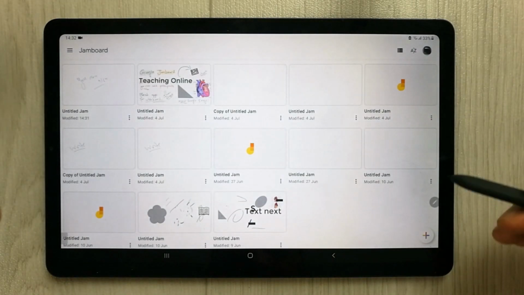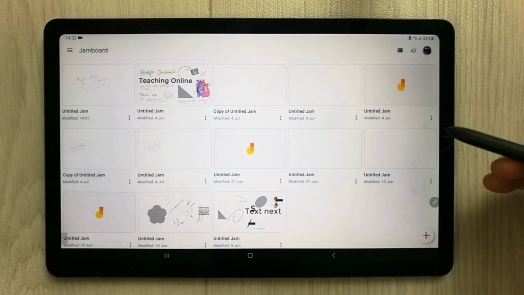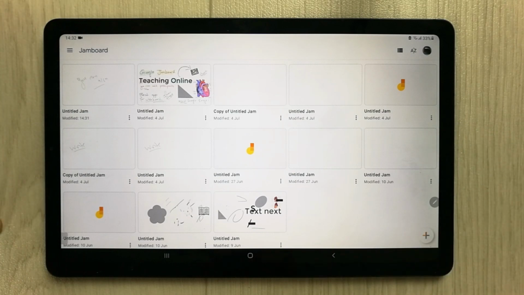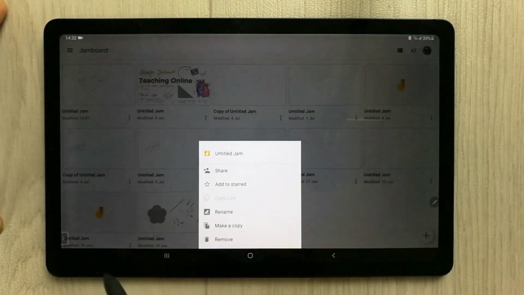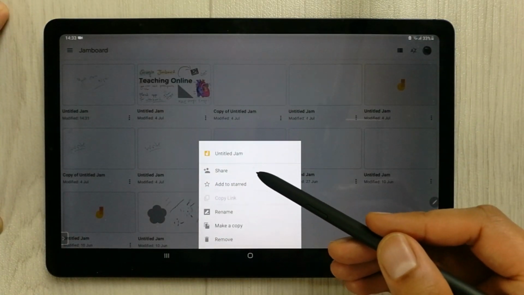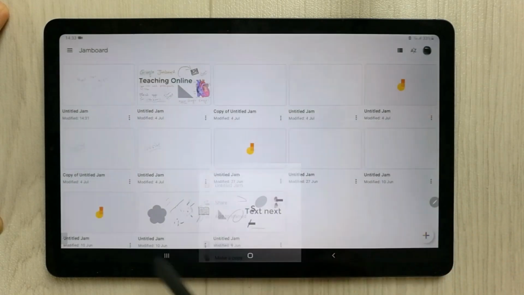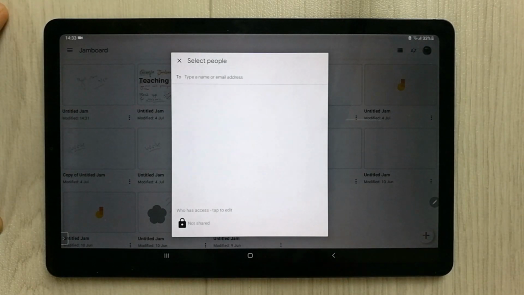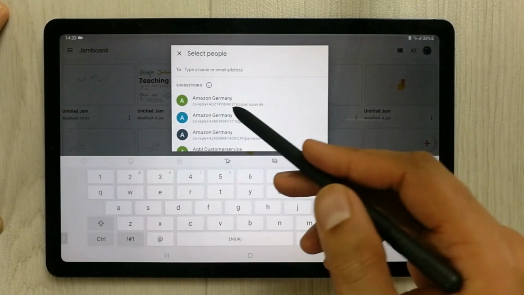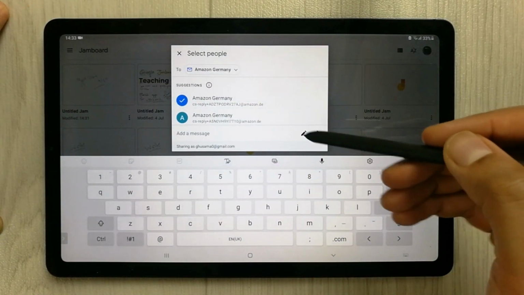These are different options, so you can utilize all of them. And then these three dots over here, it is basically if you want to share a Jamboard, you can share it from here as well. You can see this share option. You can enter here a different name, for example like this one, so you can share it.